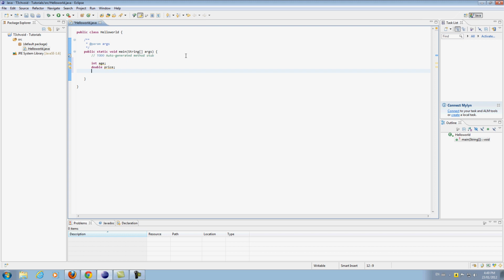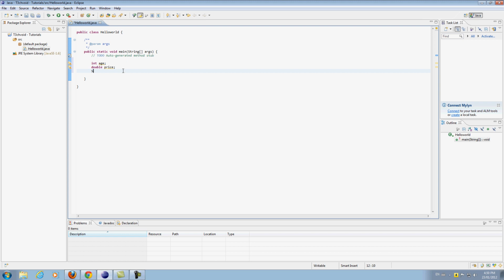As you can see, age is a variable now, and price is another variable. I'm just defining the variables. In almost any basic programming, you always start off with defining the variables. It's good practice, so you know what variables you're going to be using. It's good to plan out what you're about to do before you start. In this tutorial, I'm just showing you the basic variables, and we're gonna type out the command to display hello world in the program. So we covered int, then we covered double. Now we'll cover